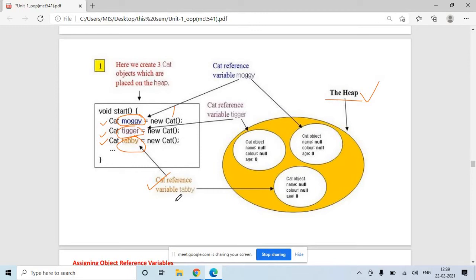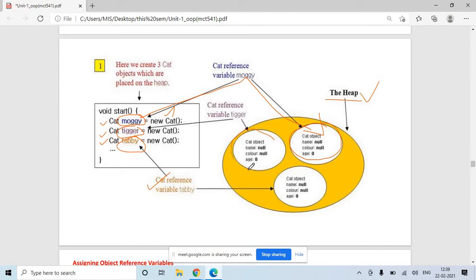Okay, but where does this actual allocation happens? So actual allocation is here. So see this Moggy, this is the actual reference. Okay, so new variable क्या करेगा? New will reserve the space required to store all the details related to Moggy.